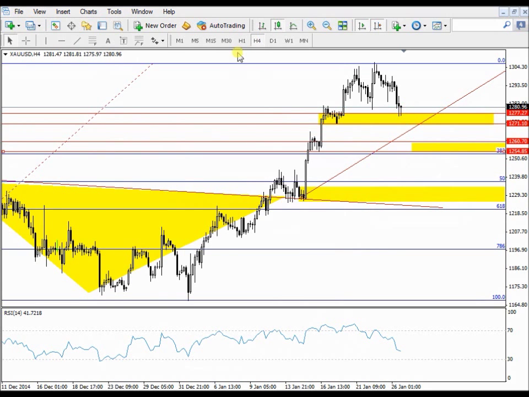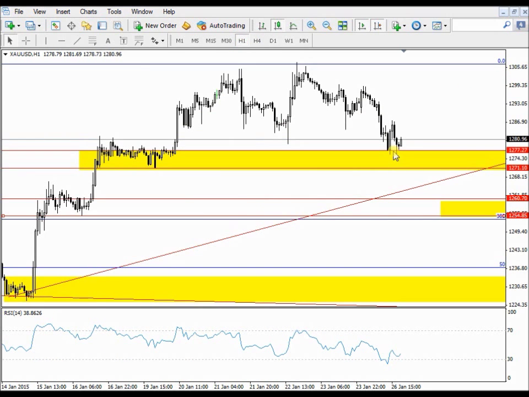That is already a demand level there. You can see the market is bouncing off, sideways movement bouncing off. The buyers want to take over there, and maybe the sellers see this as a double top. Let me just quickly do that. The reason I say it's a double top,